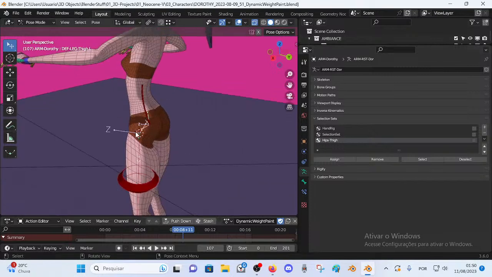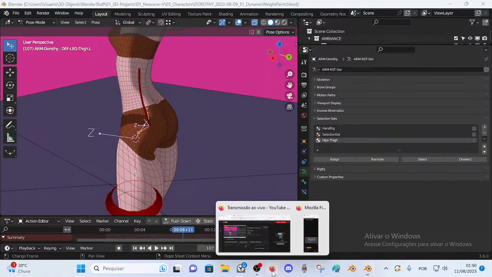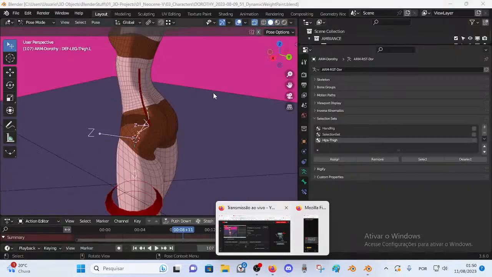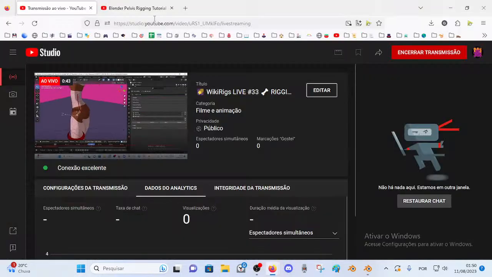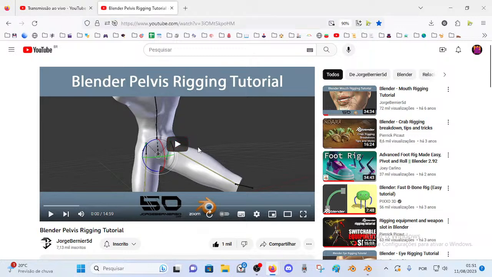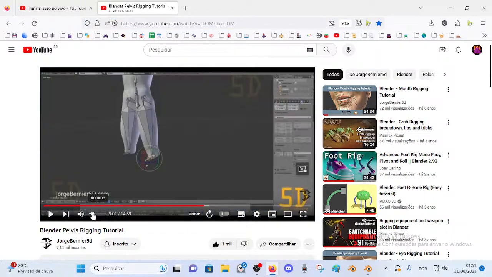That is more likely, if you see in the video description, I'm referring to a tutorial, actually to this tutorial. It's a 6 years old tutorial on pelvis rigging. It actually used some bone from this guy George Bernier on 5D, and the cool thing, just gonna show you, there is some, what interests me is this buttock bone or bones, and I've already tested this tutorial a